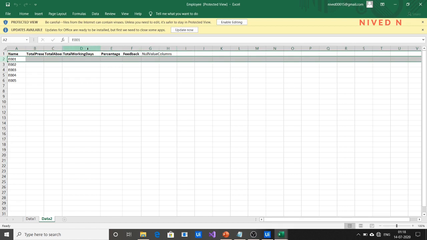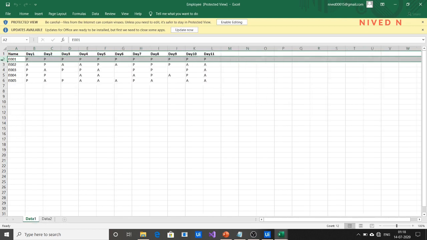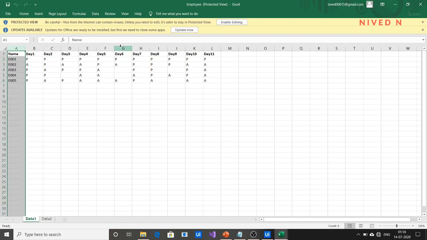The total working days is equal to the count variable itself, because initially we initialize it with the transaction item array dot count, which gives the number of columns of the particular data.